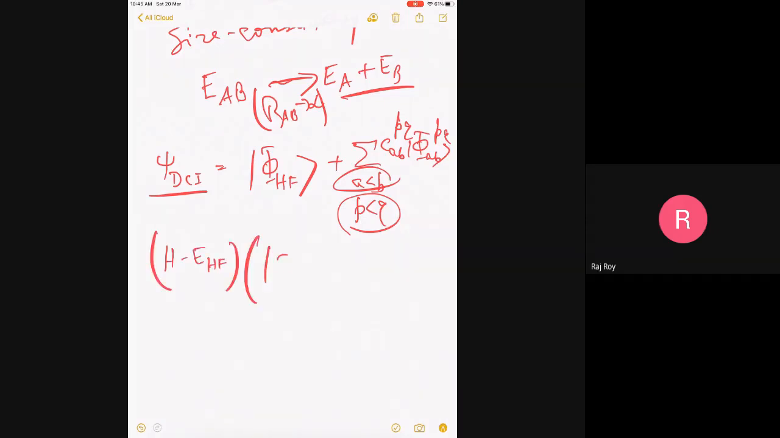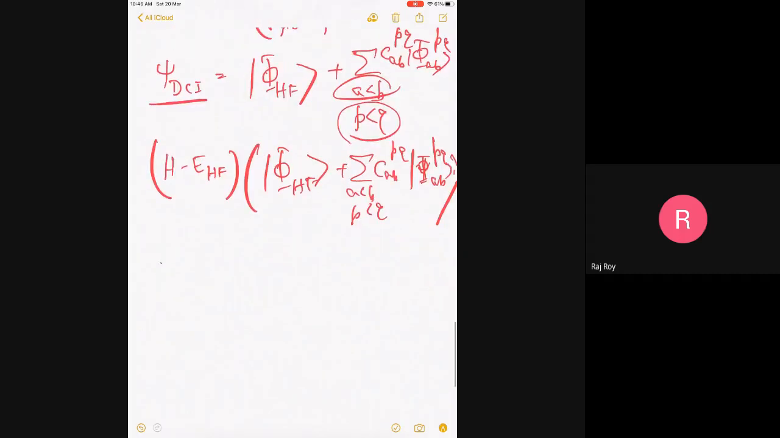Let me write it fully: psi DCI equals phi Hartree-Fock, plus the sum over A less than B, P less than Q, C AB PQ times phi AB PQ, the two-electron excited determinant, equal to E correlation, phi Hartree-Fock, plus